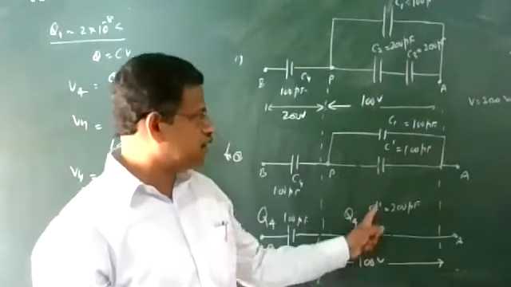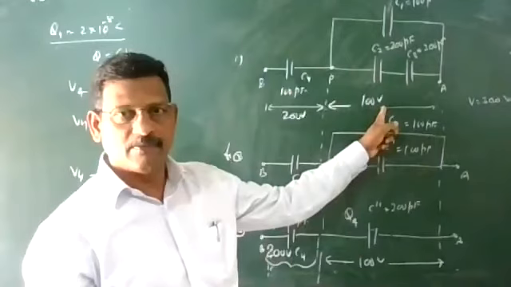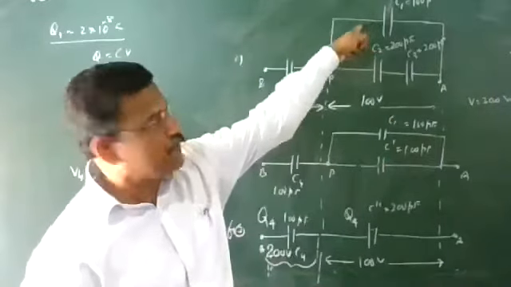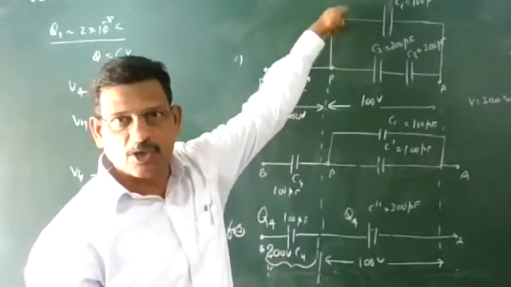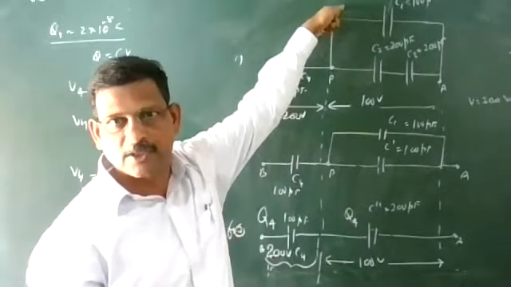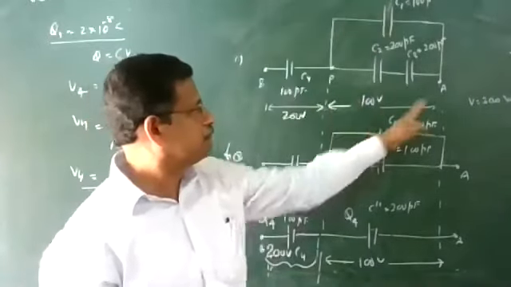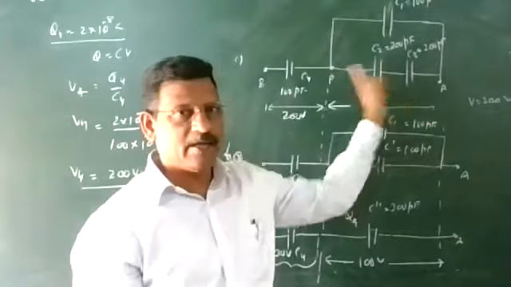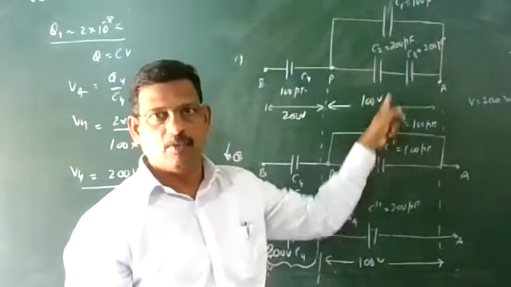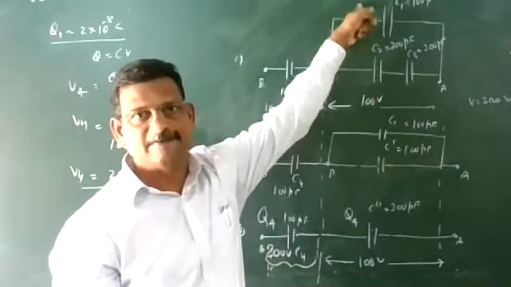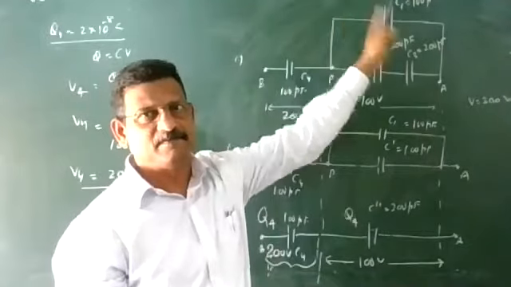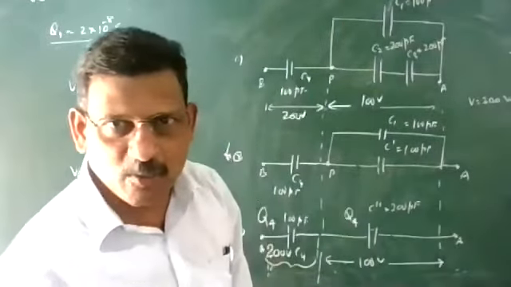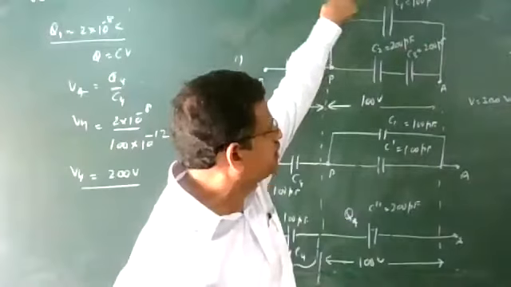This parallel combination पे equal capacitance. Okay, so look at C1. So what is the PD across C1 now? Tell the answer. Between point A and P, the potential is 100 volt. So what is the PD across C1? 100 volt. It's a 100 volt. So PD across C1 is 100 volt.